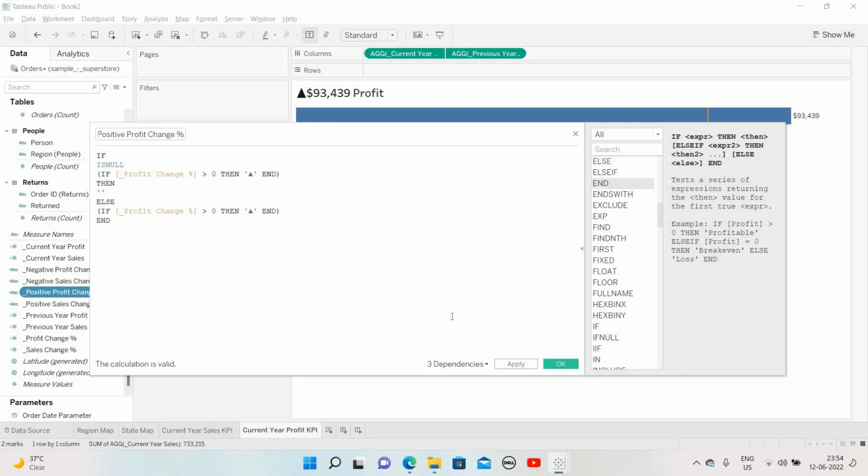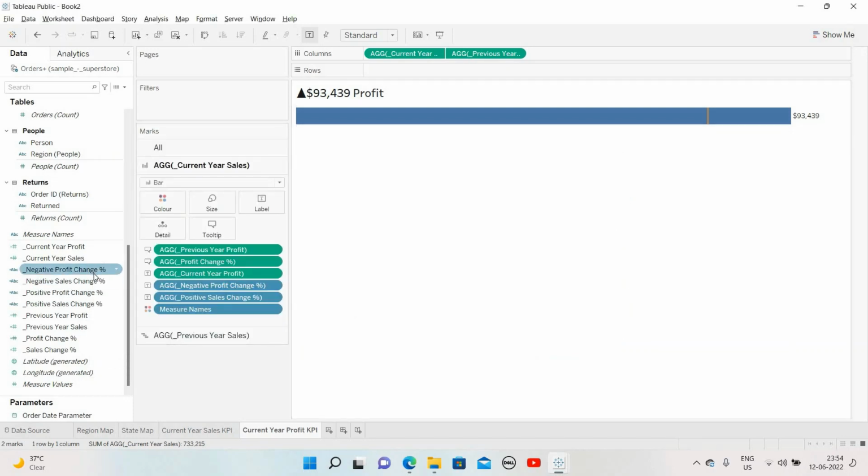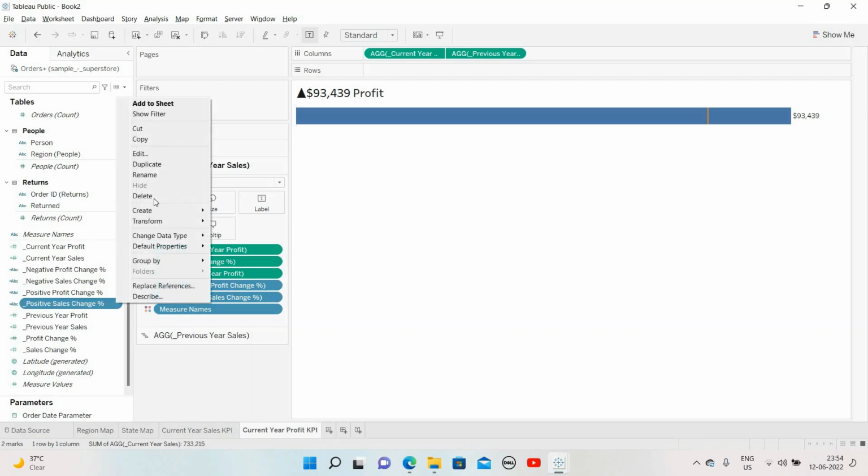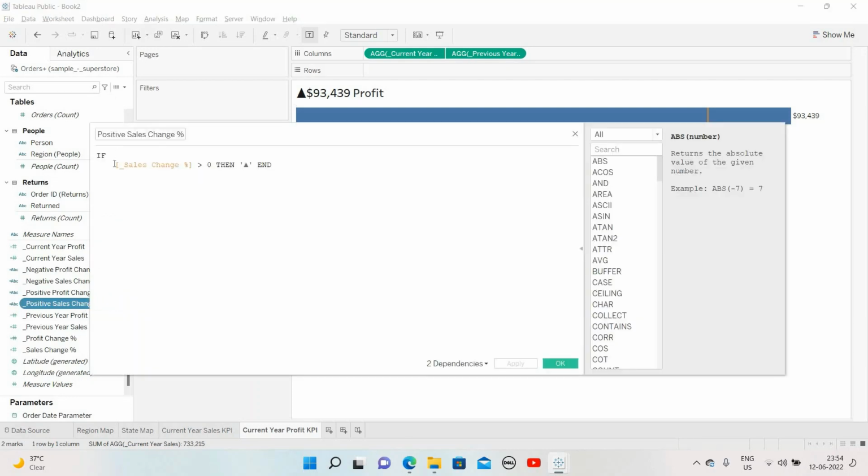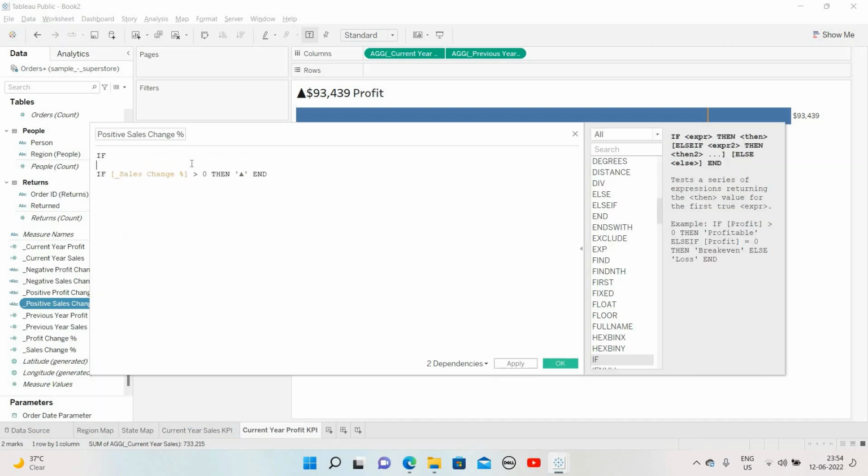And similarly do it for sales also. Positive sales change, add it. If it is null,